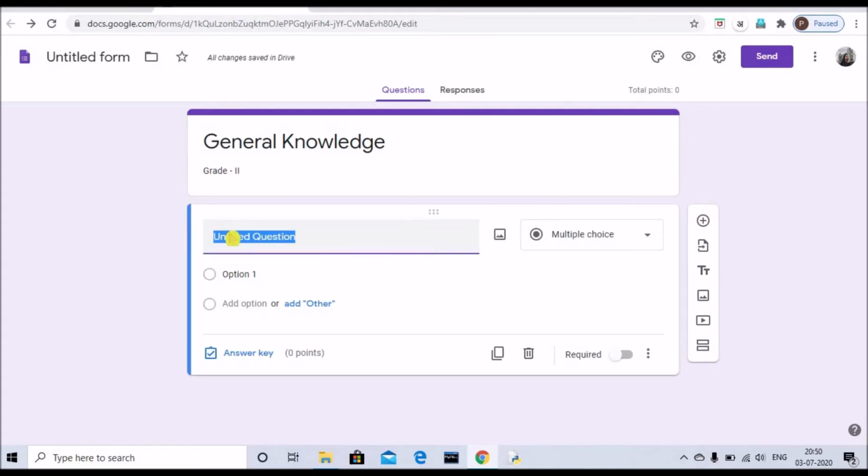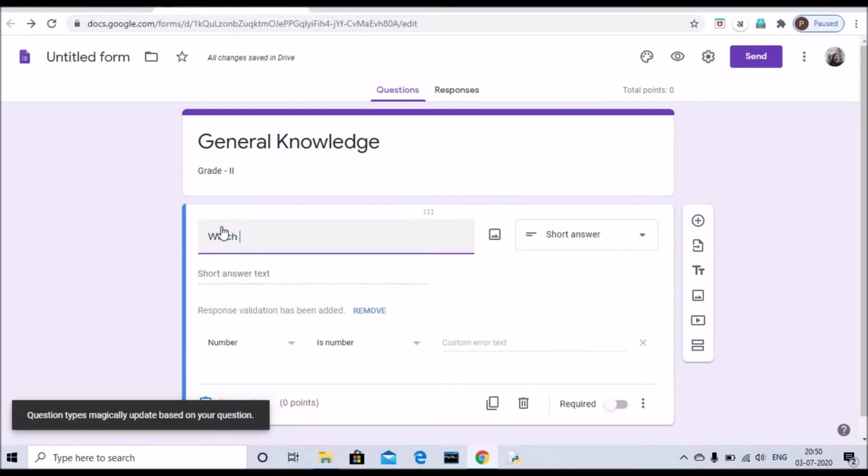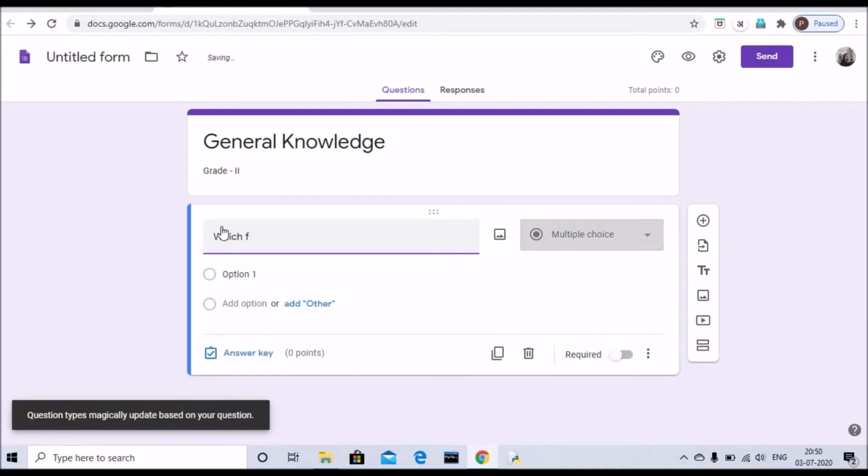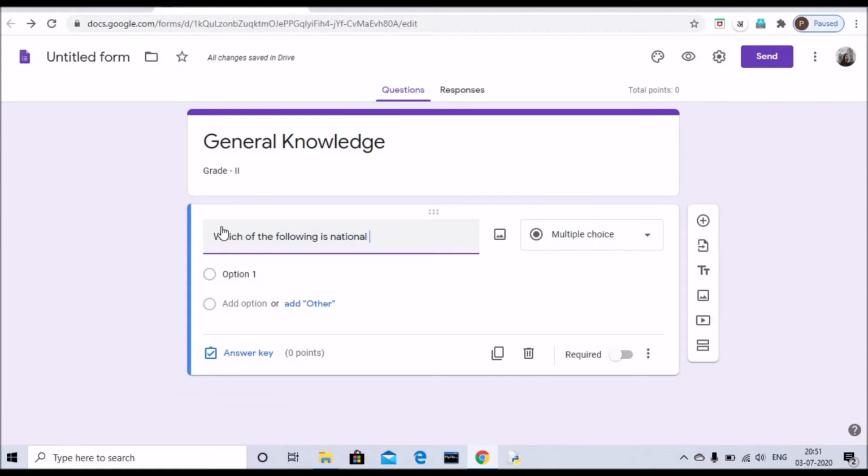So let's say my first question is, which of the following is the national animal of India, right?